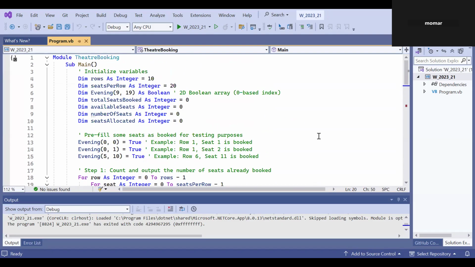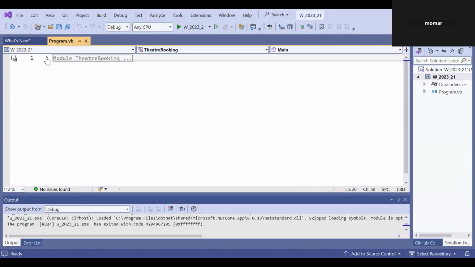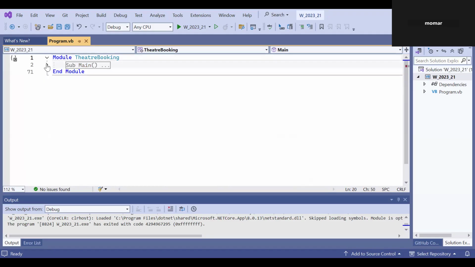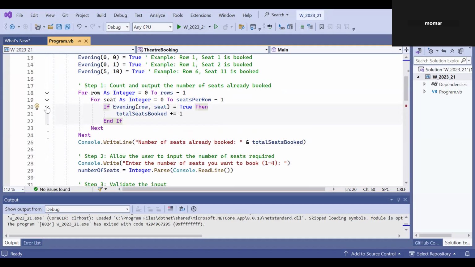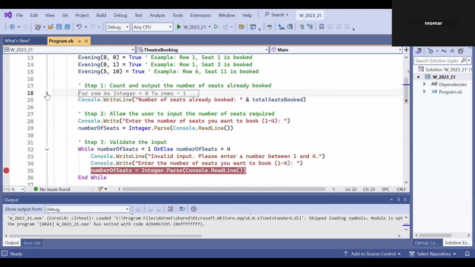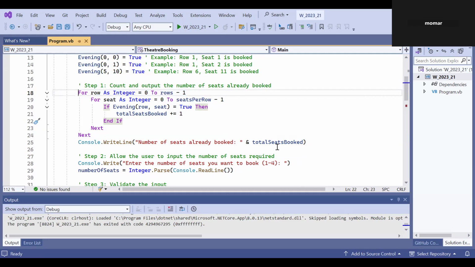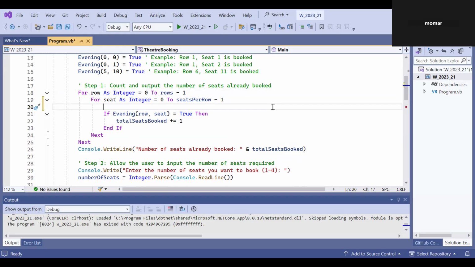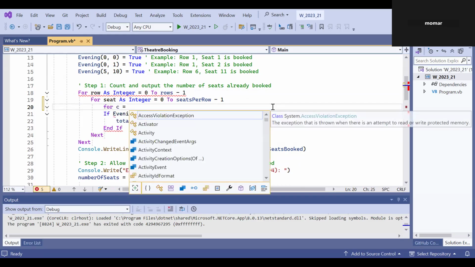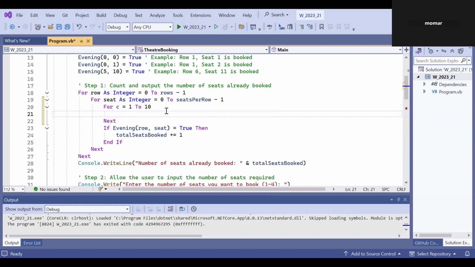So you can easily understand over here, right? You can collapse, you can expand. What does it mean? Say for example, I can collapse this code. This is selection statements and these are the loops. I believe that you know something about loops. Okay, Omar, you can expand the code, you can collapse the code, and you can see different colors, and you can see these lines, right? This is called indentation, right? For example, if I need to make another loop, you need to notice that it automatically indents itself, right? For C is equal to, C is not declared by the way, that is 1 to 10. If I hit enter, then it automatically